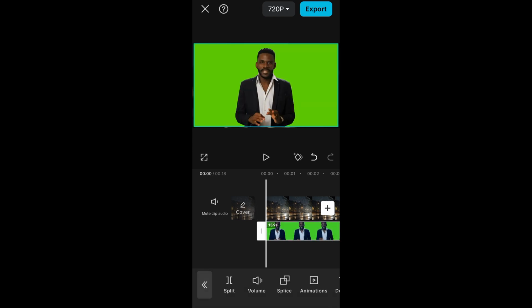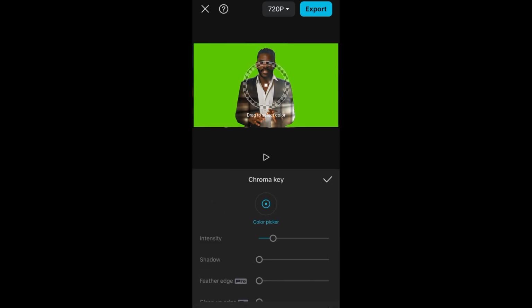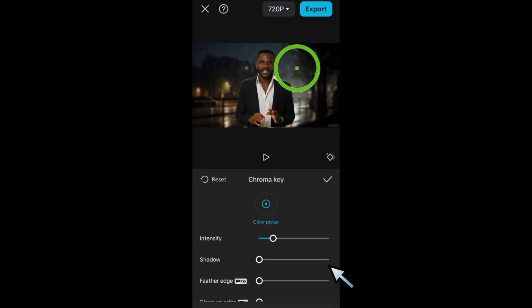Okay, and then after that, click the video and then you have to look for remove BG. That is a new feature in CapCut. So you have to scroll down here to the right side till you see this remove BG. Tap this one. Once you tap this, click Chroma key and then locate this circle to the green screen and